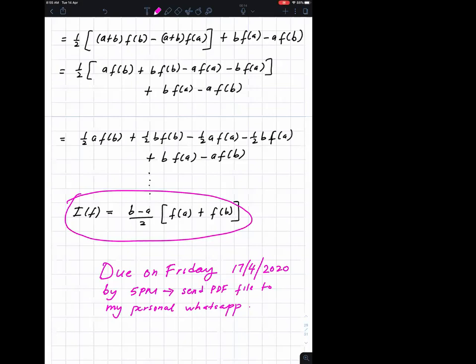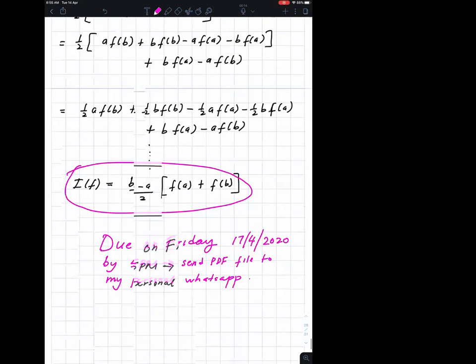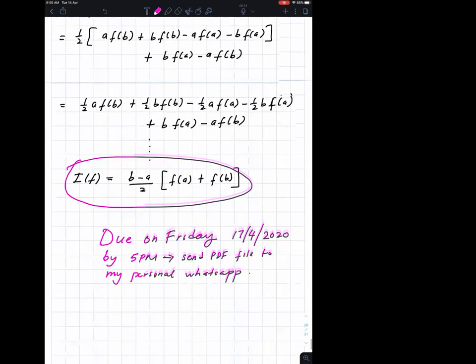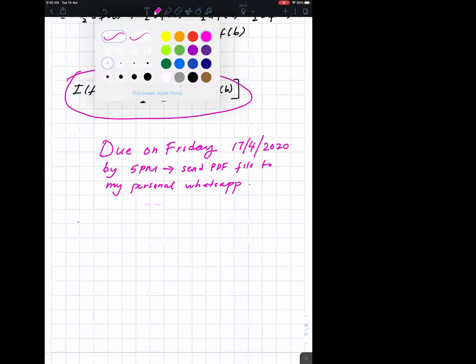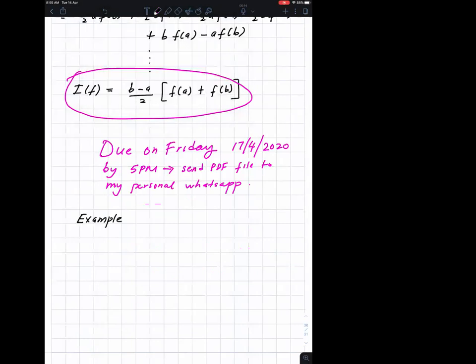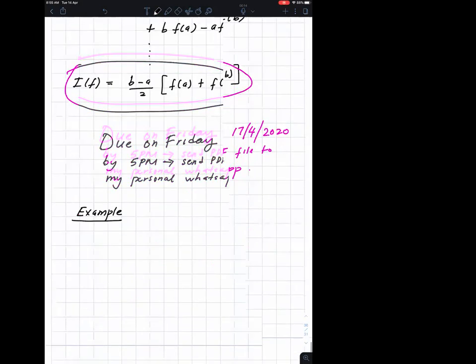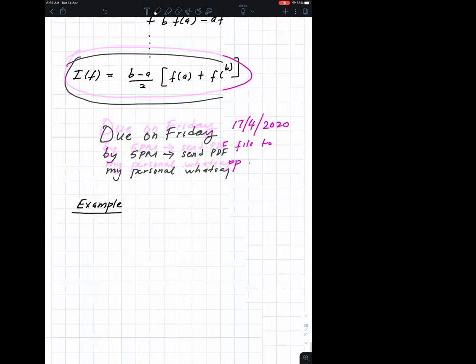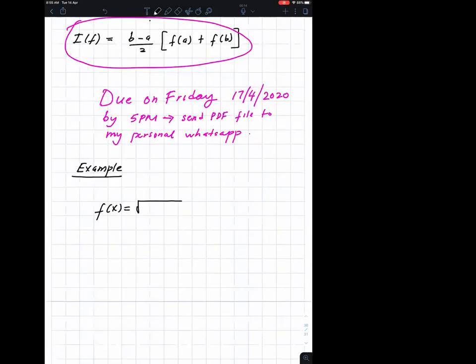Okay, now we will see how to apply this formula to solve a problem. Example. You're given a function